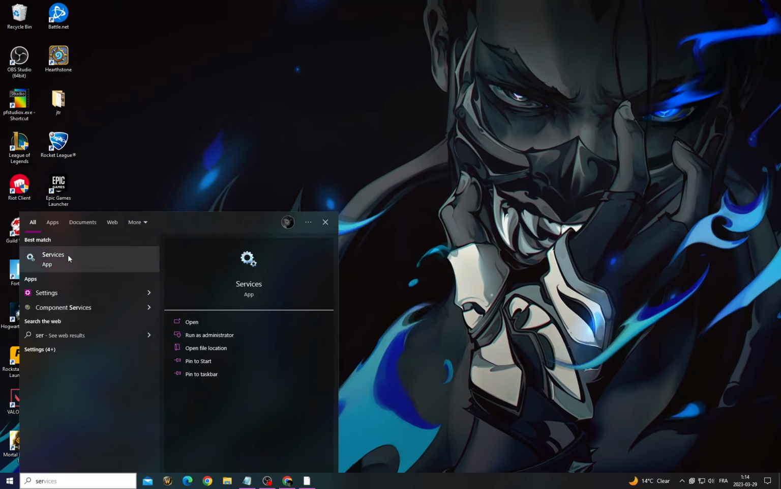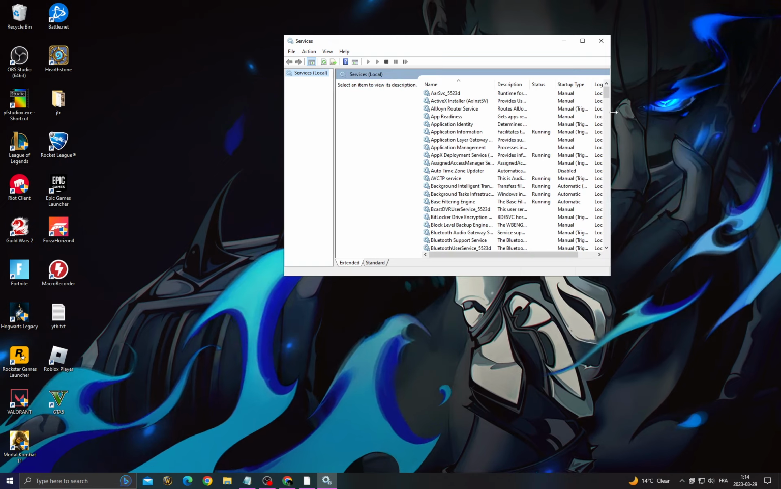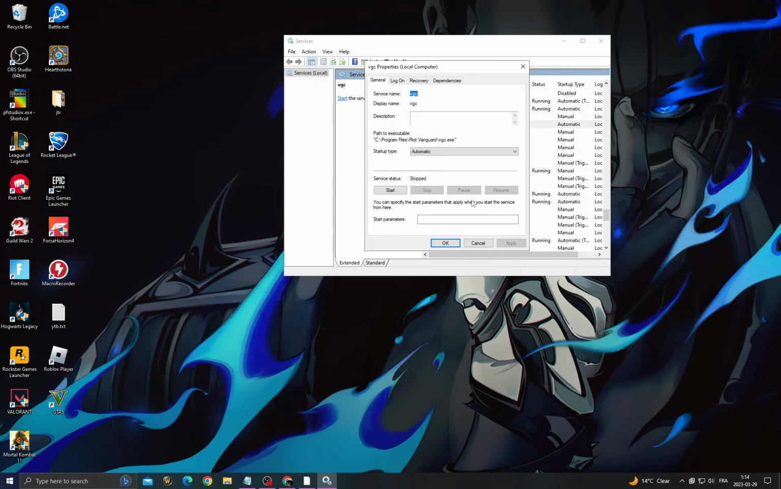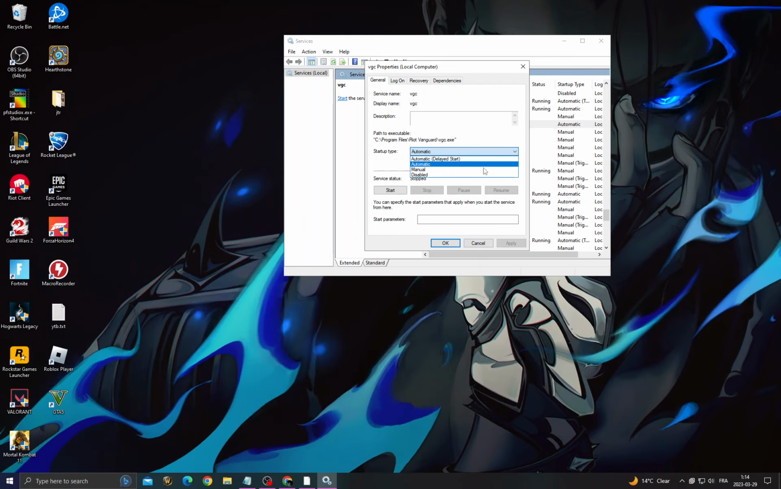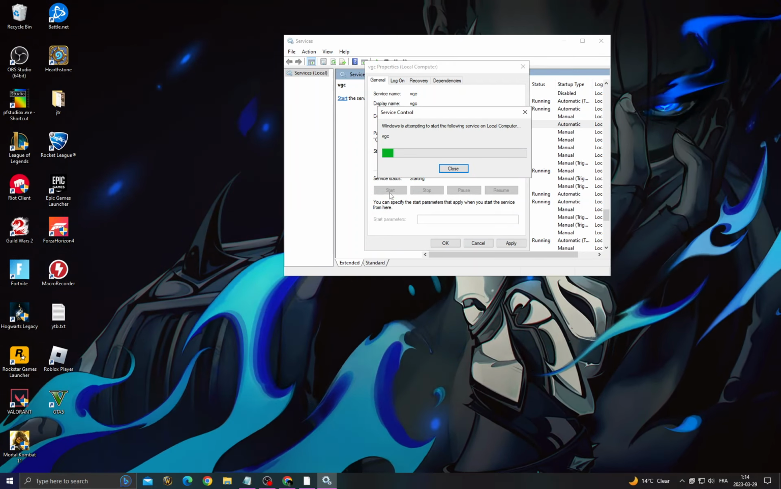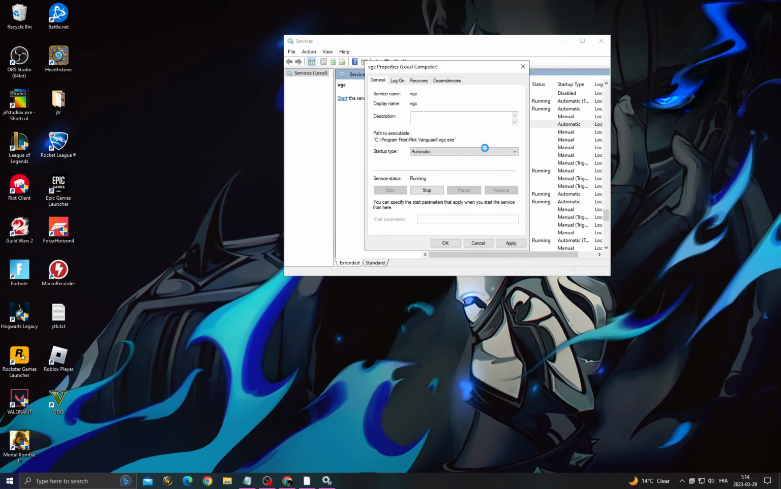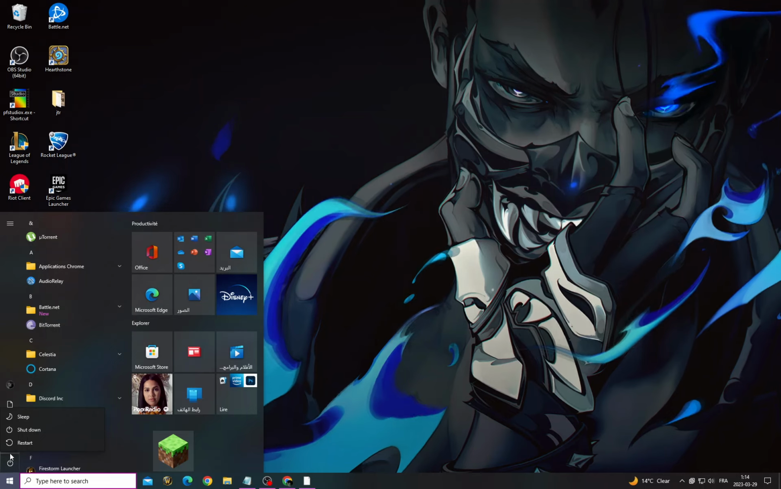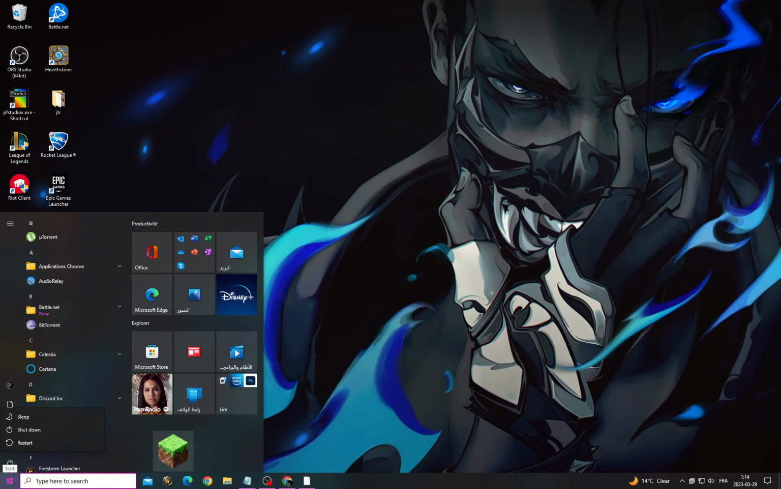Go to services. Scroll down until you find VGC, right click on it, click properties, go to startup type, make it automatic, and then click start. Now just wait, click apply and OK, close it, restart your PC, and after restarting your PC, just